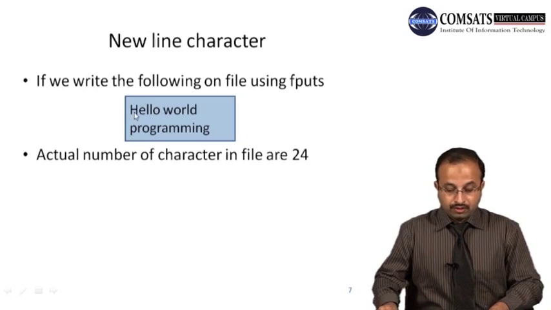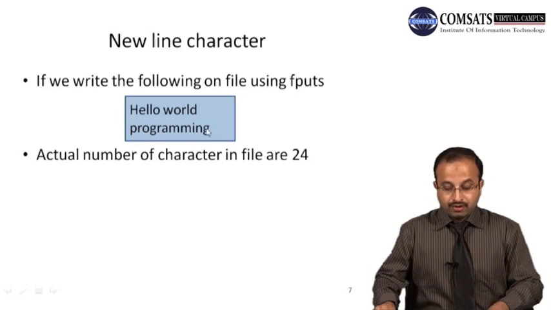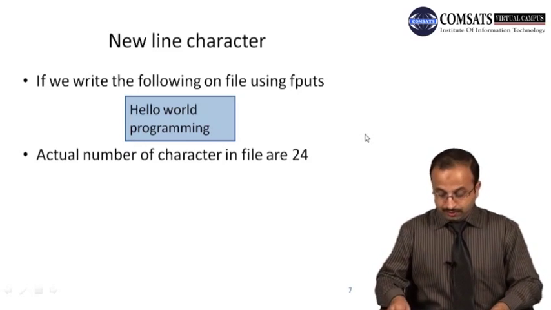Let's count them. 1 2 3 4 5 6 is the space, 7 8 9 10 11, then 12 is the new line, 13 14 15 16 17 18 19 20 21 22 23 and new line may be 24 characters. ठीक है? So यहाँ पे new line character cursor is over here. So there are 24 characters in the file actually,